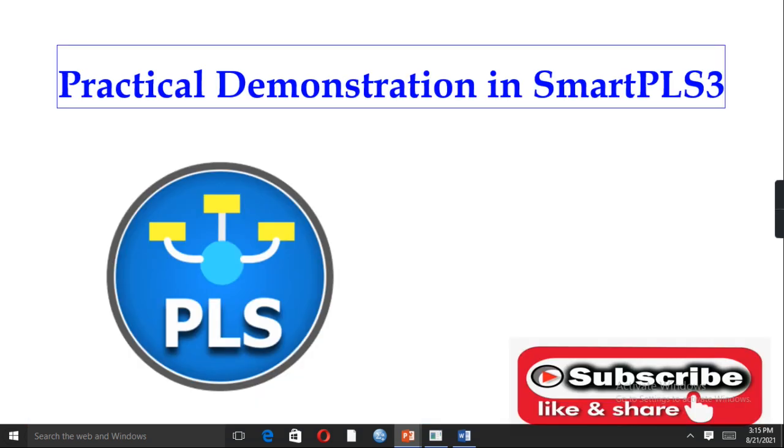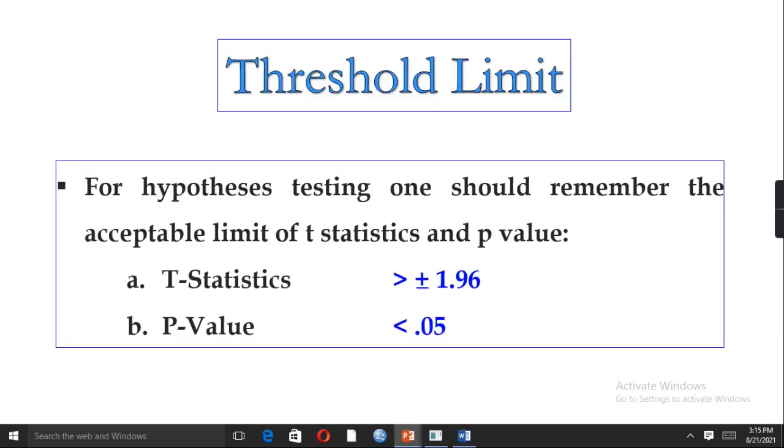Next we will practically demonstrate how we develop a research model with the help of a mediator variable, and then we will also analyze and report the results of direct relationships as well as the intervening or mediation relationship of the variable. Before proceeding further, we need to know some threshold limits.